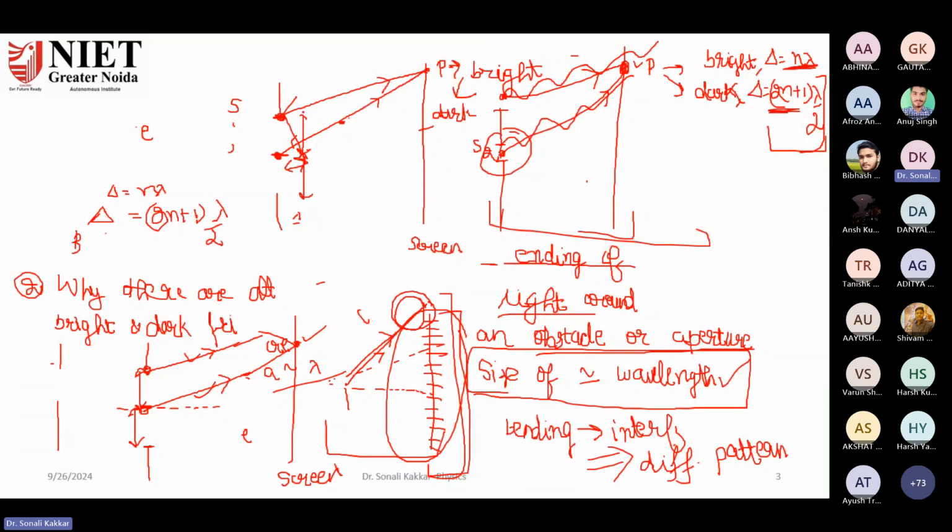So you might ask why only these two rays are taken into account. To answer this question, earlier also I told you these are corresponding points of the two portions. So this point corresponds to this point. The next point of this portion, I'll denote with a different color, is this. Similarly, the corresponding point, which is next to the extreme point of the second portion, is this. Rays from these two points suppose meet at this point, which is adjacent to point P.